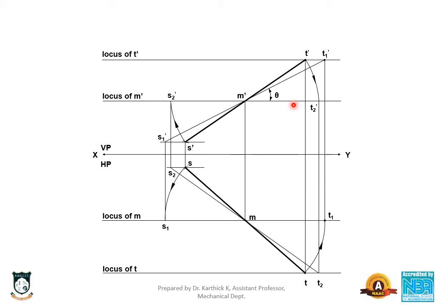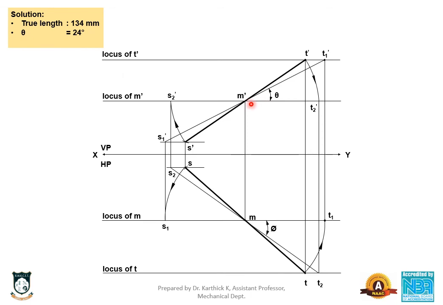The next step is we need to find out this angle theta, that is inclination with HP, which is always denoted by theta. Inclination with VP is always denoted by phi. We have to measure this S1 dash T1 dash using scale. Similarly, S2 dash T2 dash, you have to measure. Both the lengths will be almost the same, and you have to write down the results here. So I am getting true length, that is S1 dash T1 dash equal to S2 dash T2 dash equal to 134 millimeter. Then inclination with HP, that is theta value, is 24 degrees.